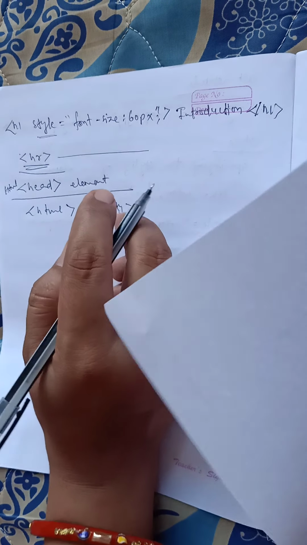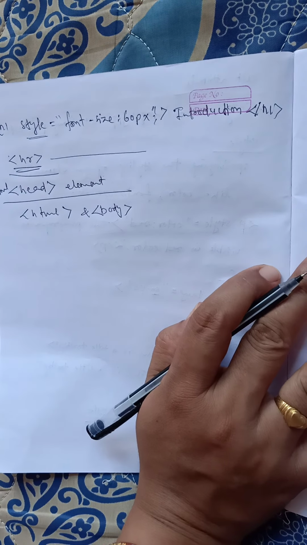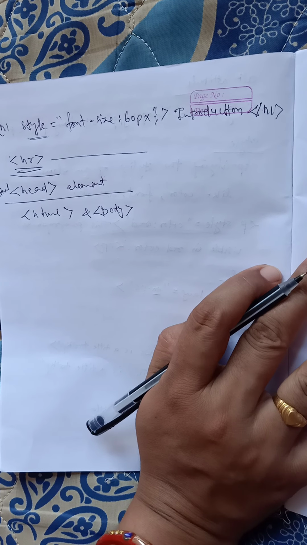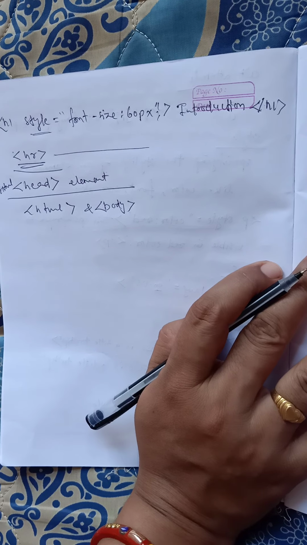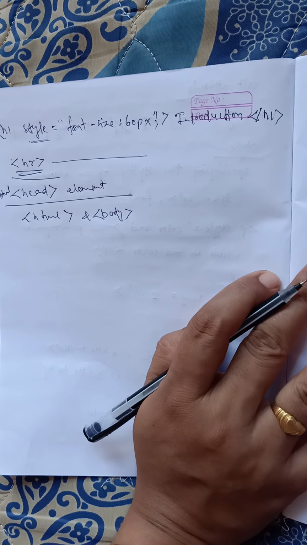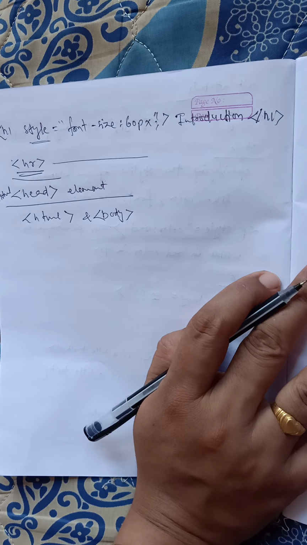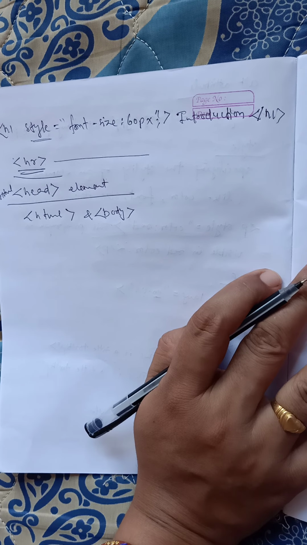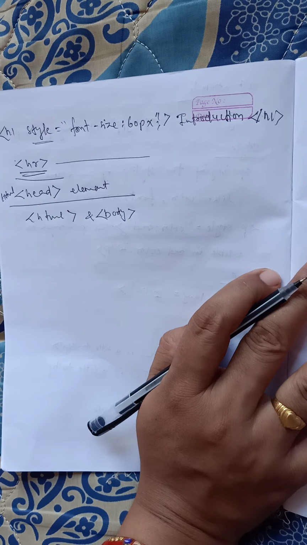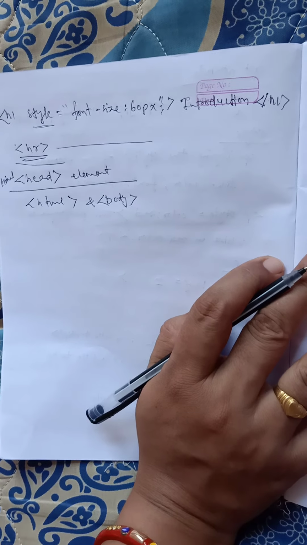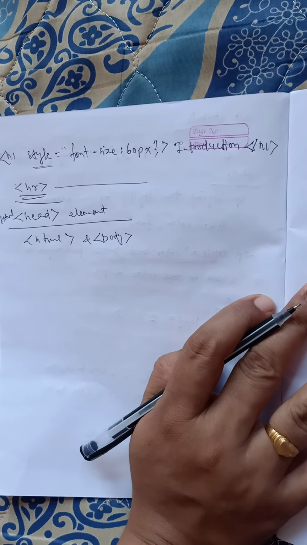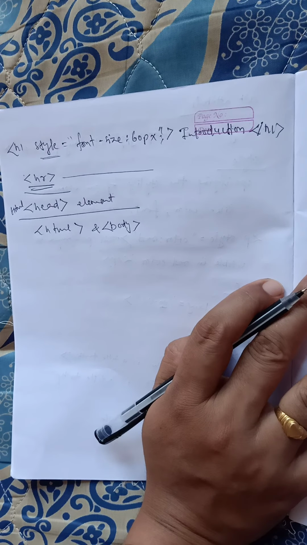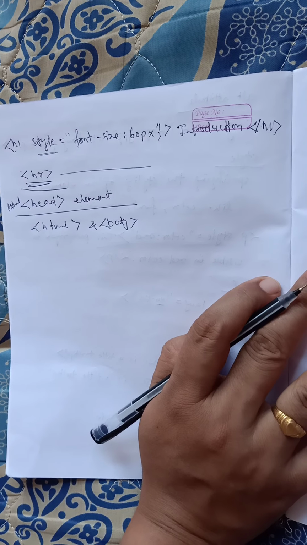So I can view the HTML source code. Whenever we are going through a browser, we can view the source code. How can we view that? You right click on any HTML page and there are many options. Out of that, there is one option like view page source, or view source. If you click that, you can see the HTML source code of that page.